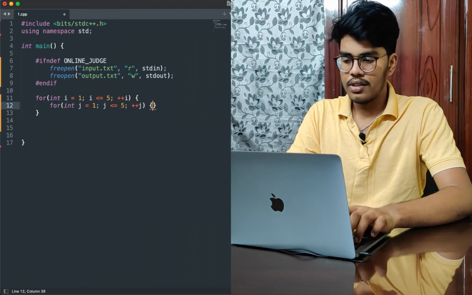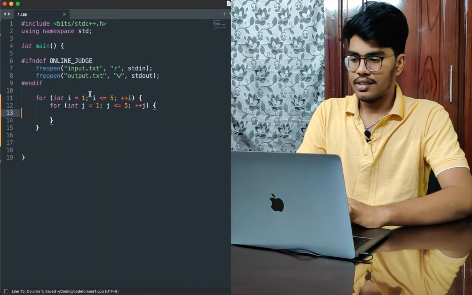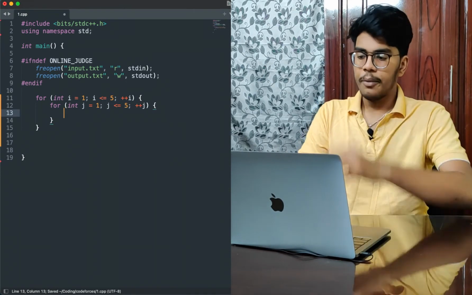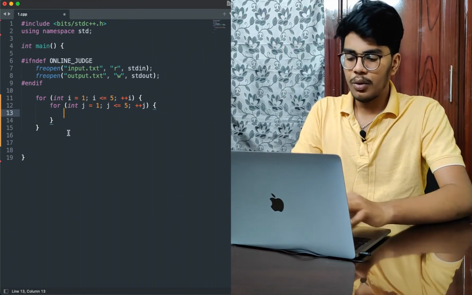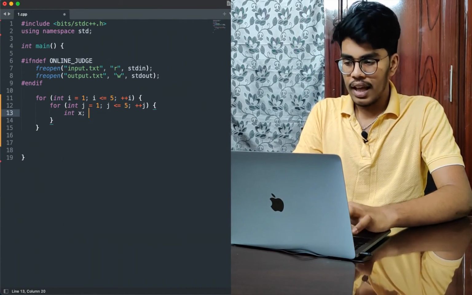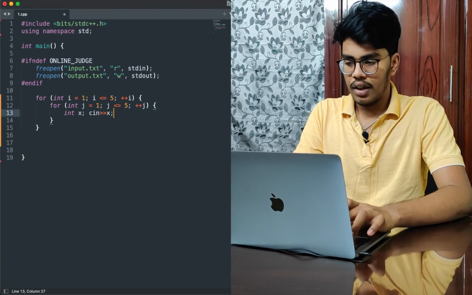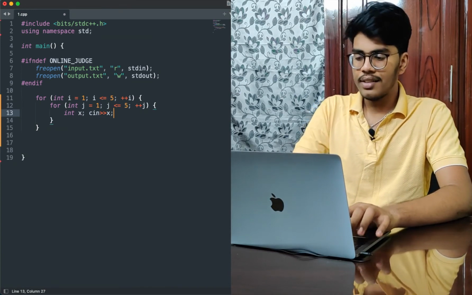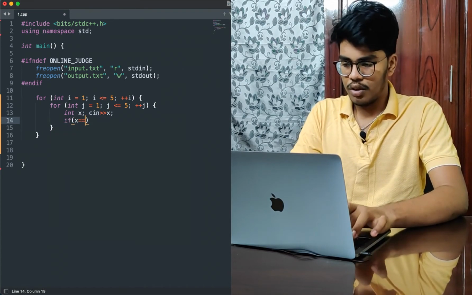I'm doing this because this is a 1-based indexing question. Then I'll create a variable x, input my integer into x, and then check if x equals 1.